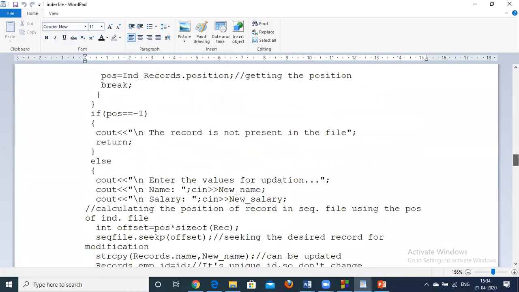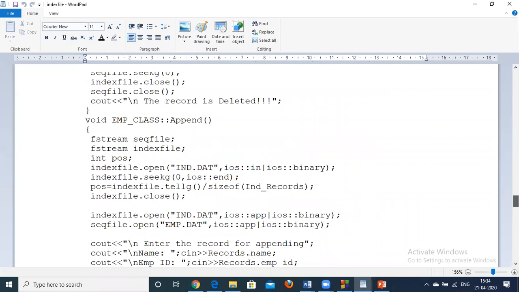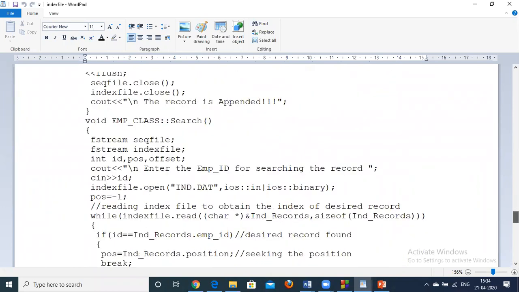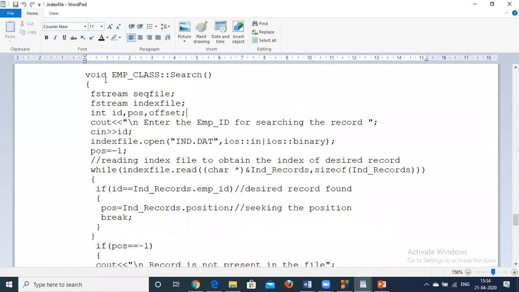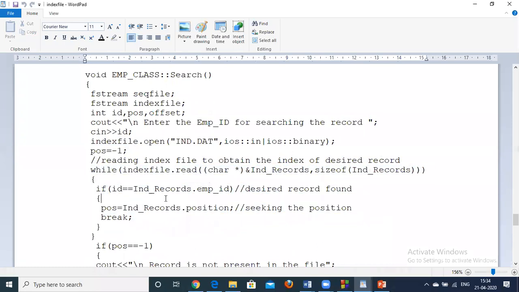And in searching, searching will be done first in the index file. If you find that index in the index file, then access that index. First you have to open the index file and compare the key in the index file until you reach the end of that file.